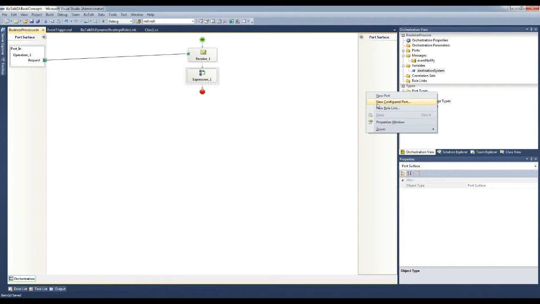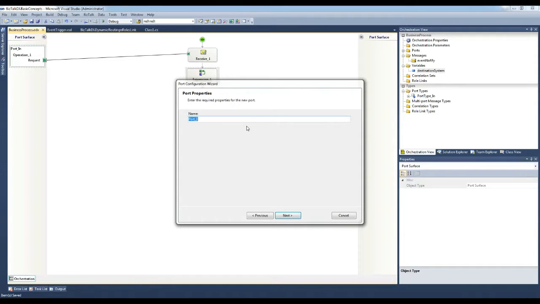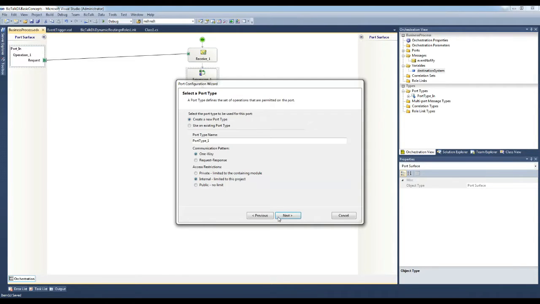Let me create a dynamic send port. We would be using a one-way dynamic send port.